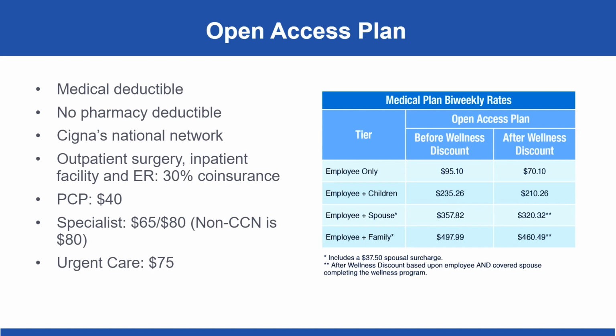The OAP gives you access to Cigna's national network without the need for referrals to see specialists. The OAP has an annual deductible of $850 for an individual and $1,700 for a family. Once you have met this annual deductible, you will pay 30% coinsurance for most services until you reach your maximum